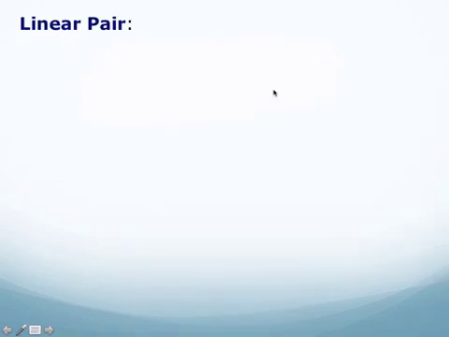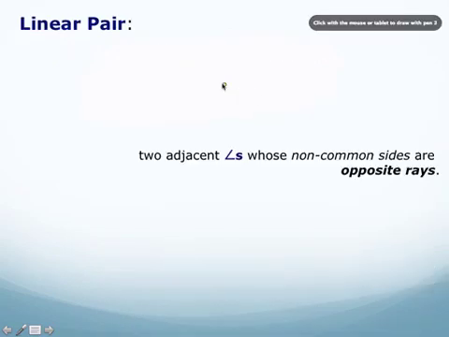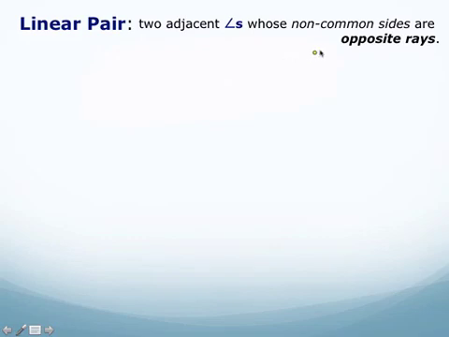So first, I don't know if I already went over linear pair. Linear pair are any two adjacent angles where the two non-common sides are opposite rays. So bottom line, the picture of two linear pair angles will look like this. So linear pair refers to two angles, like angle